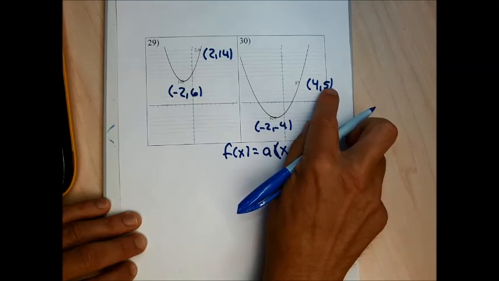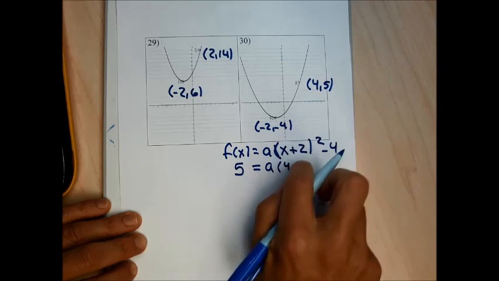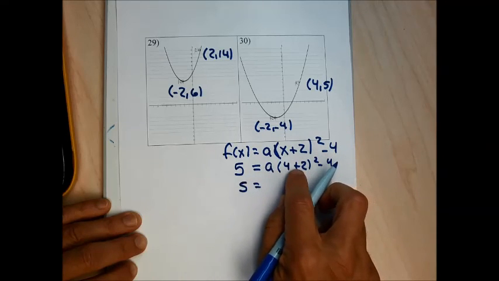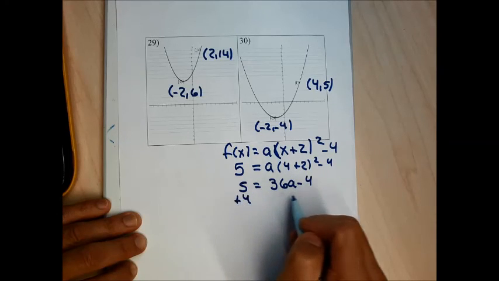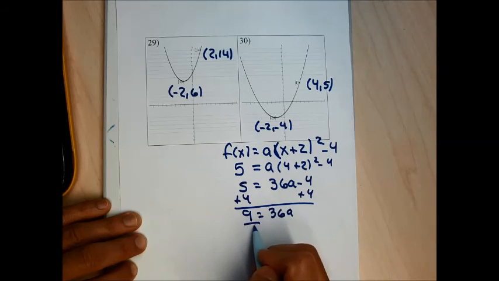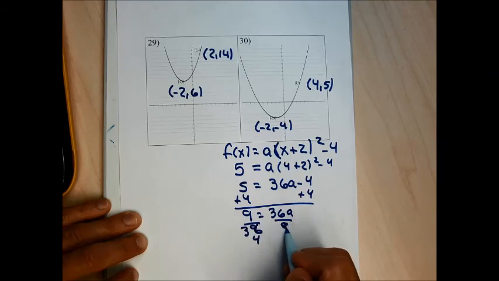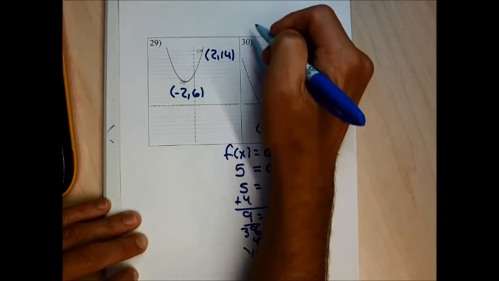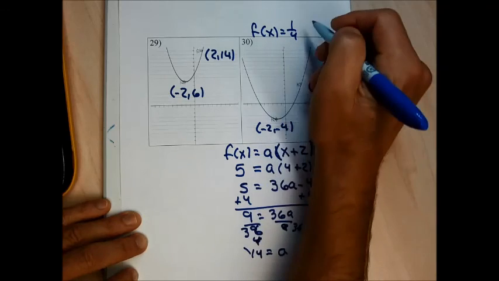I'm going to split this point up now. The y coordinate I put in place of the f of x. The x coordinate I put in place of the x. This is going to give me 5 equals, this is 6 squared, so it's going to be 36a minus 4. I'm going to add 4 to both sides. Gives me 9 equals 36a. And I'm going to divide both sides by 36. And that gives me 1/4 equals a. So my answer is going to be f of x equals 1/4 for my a, and then (x plus 2) squared